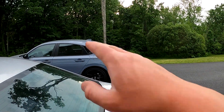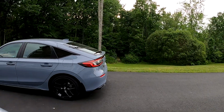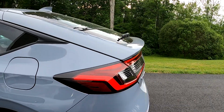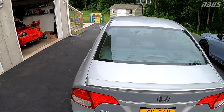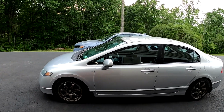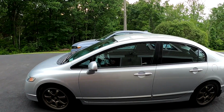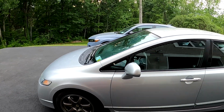But proportions, you got a squared off back on the sedan for the 8th gen. Civic hatchback has more of a sloped rear end, but it does have like a nice little lip integrated with a hatch, so it's not a complete egg like the coupes, the 8th gen coupes of this era. It's a little bit of an illusion with the 8th gen, but the driving and the seating position where the steering wheel is in relation to the front tip of the bumper is actually very similar to the new car,